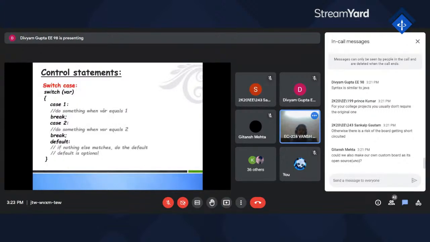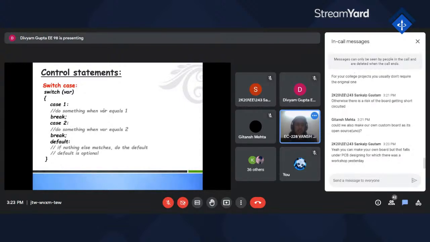Right, switch case. This also works like the if case. In it, we define a variable x. We write it in the switch case and create cases, so that if the variable matches case 1, then it executes the statements under case 1.